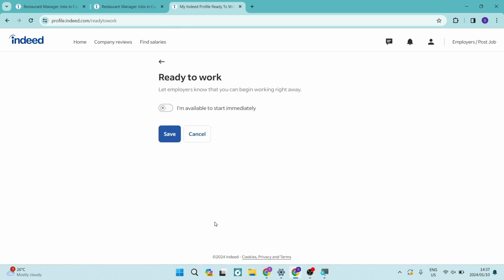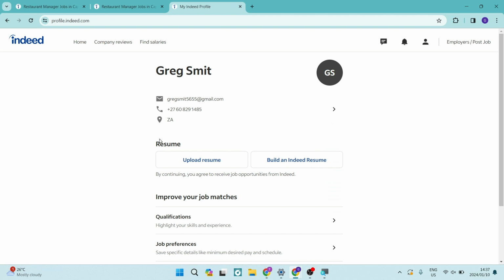And then the ready to work tab right at the bottom, you're going to just be able to toggle that on or off, and that basically allows people to know that you're available to start immediately or not. And there we go. Now you have made a